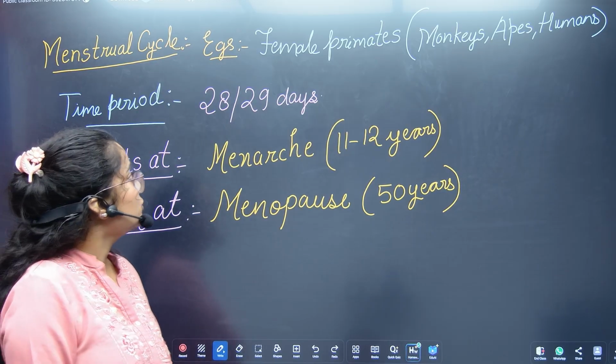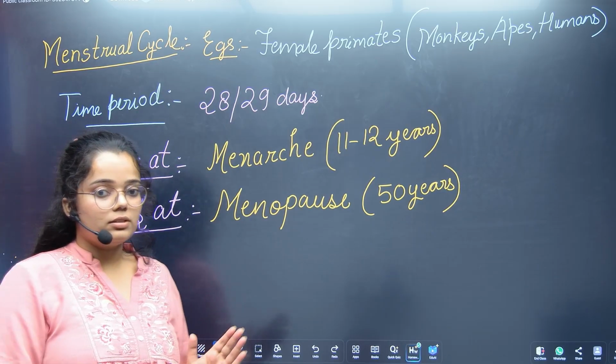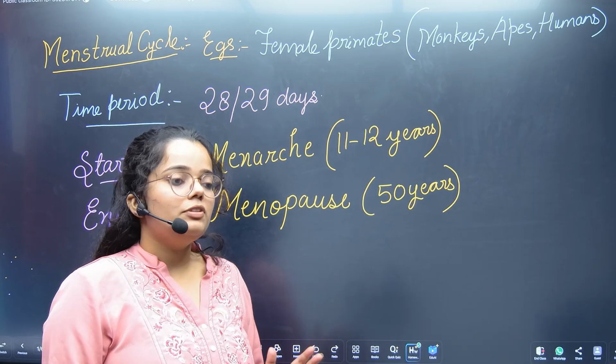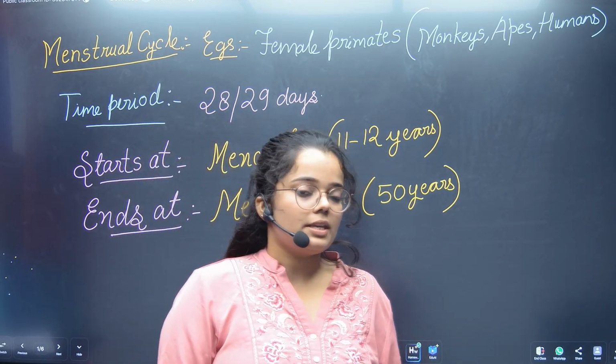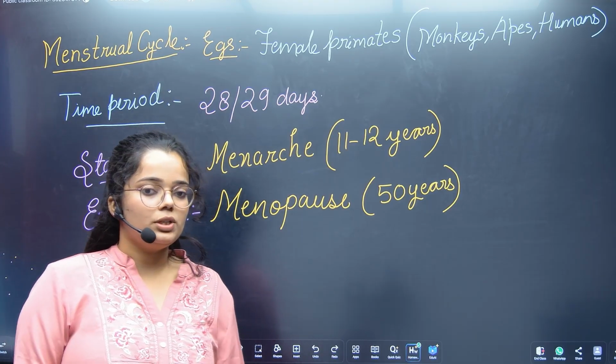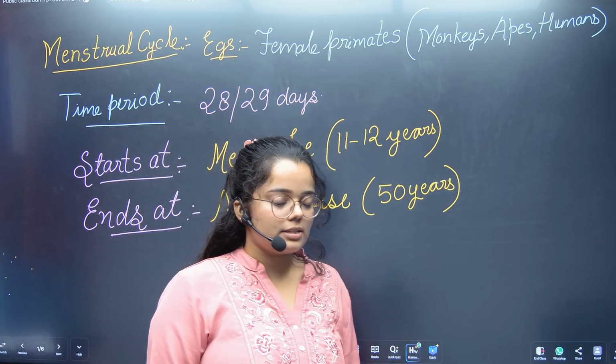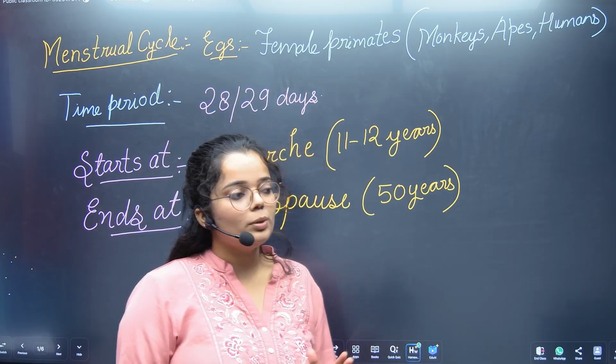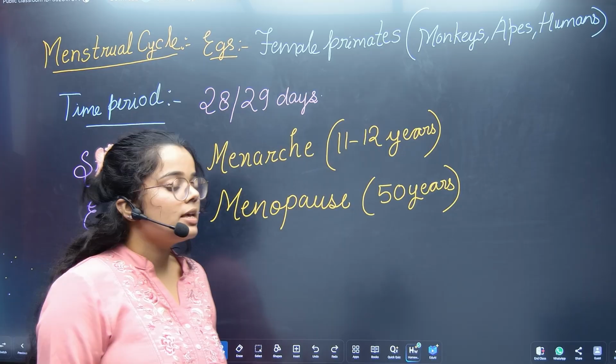Today we had discussed the topic menstrual cycle. The reproductive cycle present in female primates, for example monkeys, apes and humans, is called the menstrual cycle. Its time duration is normally 28 to 29 days. It starts at menarche in females at puberty, at the age of 11 to 12 years, and ends at